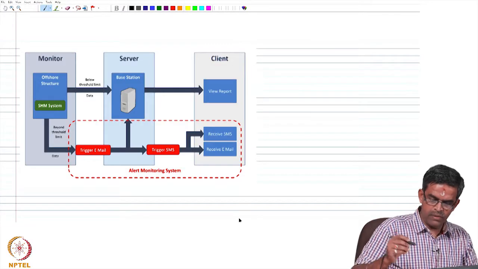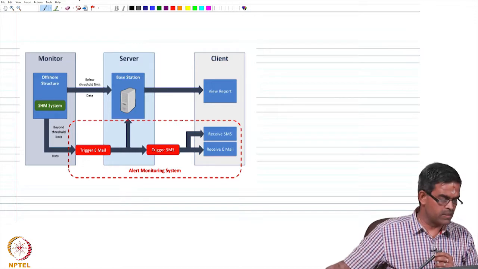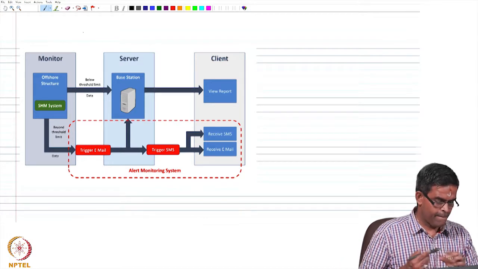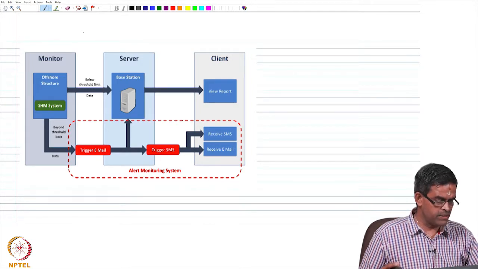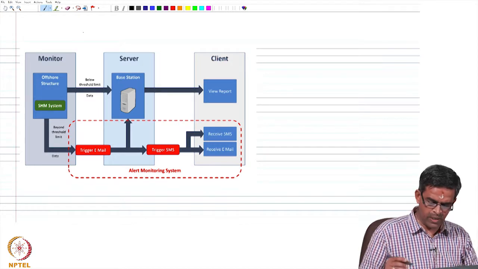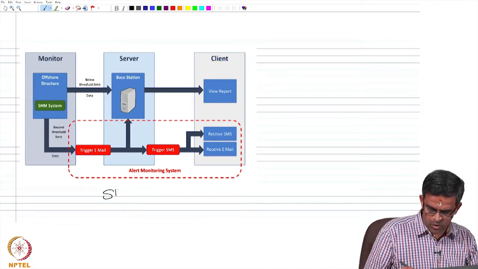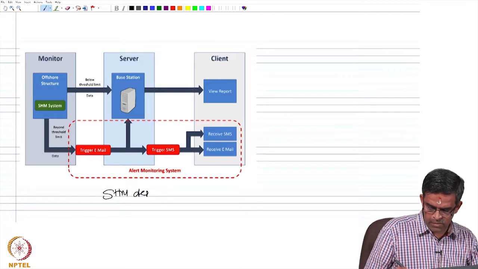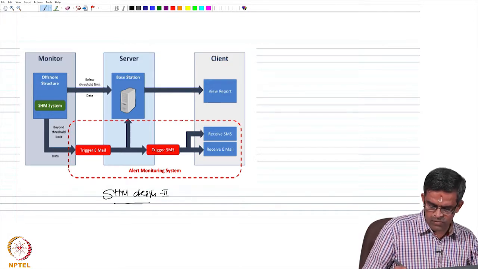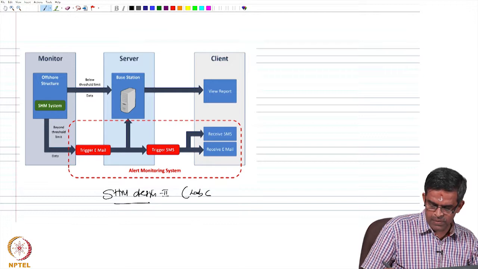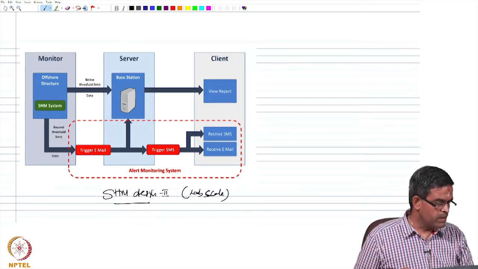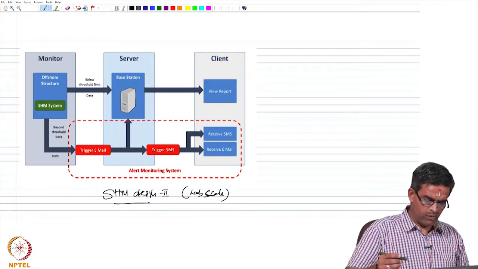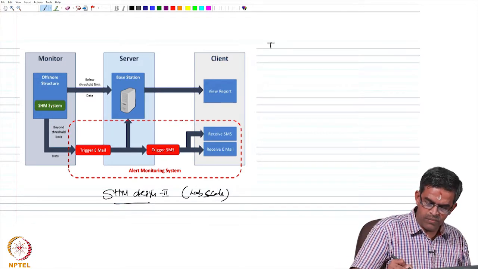Now, the structural health monitoring system that we discussed also has an additional advantage, which is the alert monitoring system. If you look at the figure here, this is actually the layout of SHM design 2, which we are discussing for the lab scale. The typical sensor node that we have here is a combination of